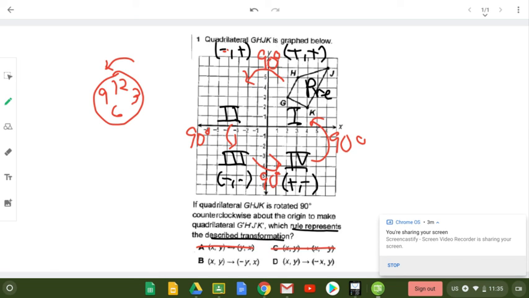Now, here's what we've got to make sure of. If I'm going counterclockwise and I'm rotating, I'm also going to be switching X and Y's position. If I remember that correctly, the only one that has them switching positions is letter B. What I want to make sure you understand, guys, is that this is more memorization, and this is more, okay, how do I make sure that I have each one of these rotations